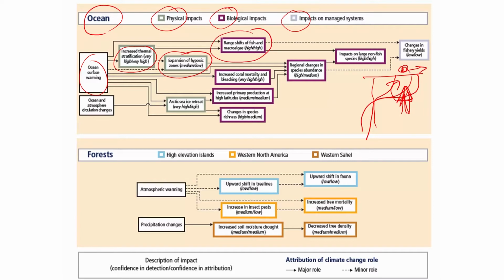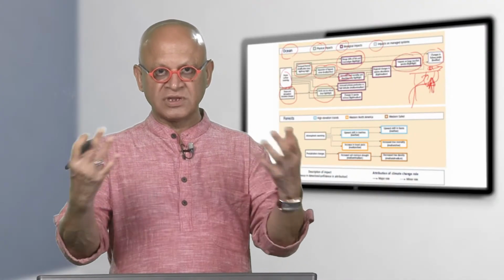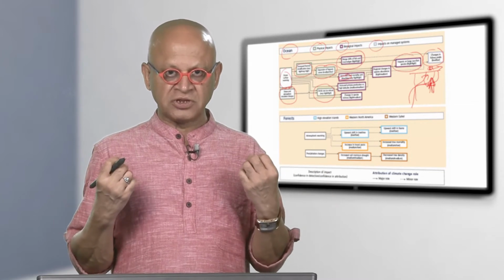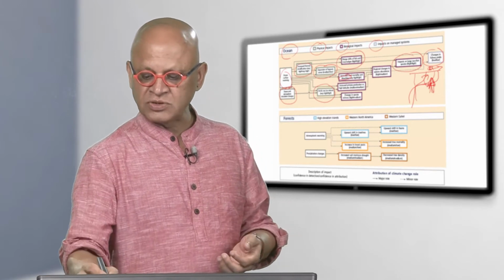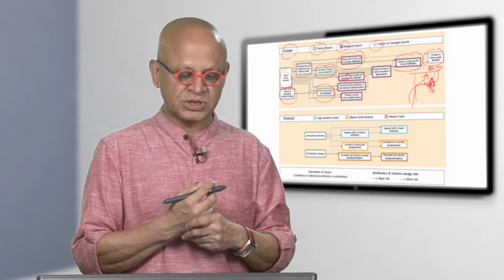I showed shift per decade, kilometers per decade already, and so the range of fish and micro and macro algae, it's already happening, and that would again affect larger fish that we like to catch and eat, and that would result in fishery yields like crop yield. We have fishery yield where in a given region, if a ship goes and puts the nets, how much fish in terms of tonnage per effort would be in a natural circumstance versus how it is being changed by human